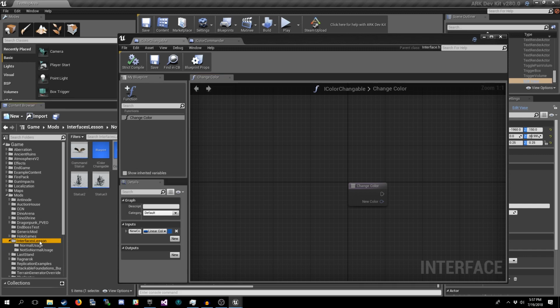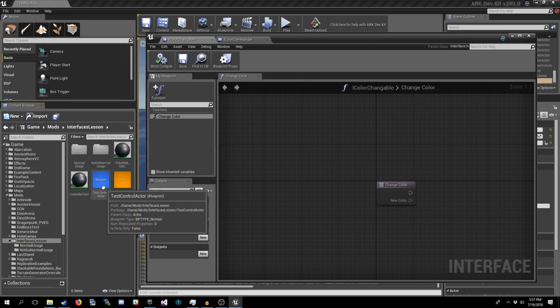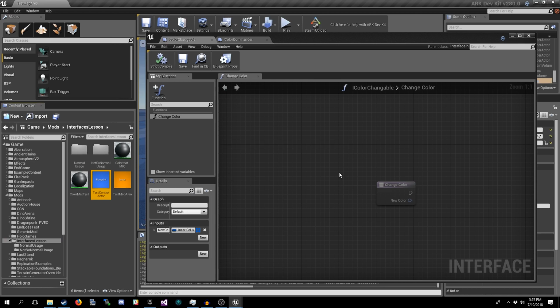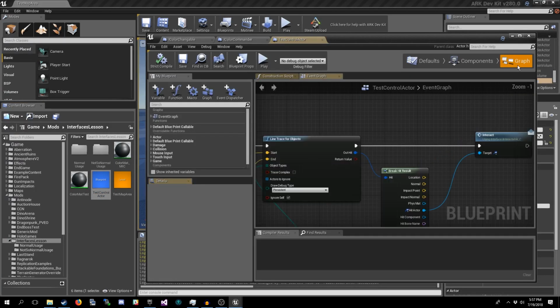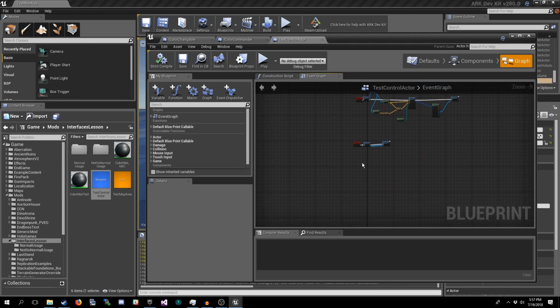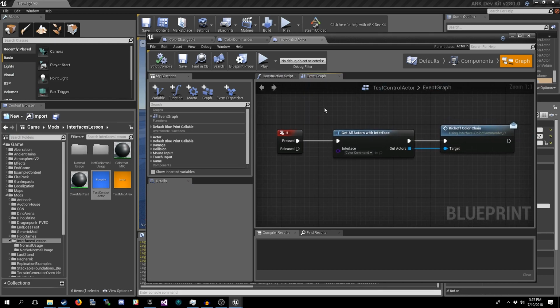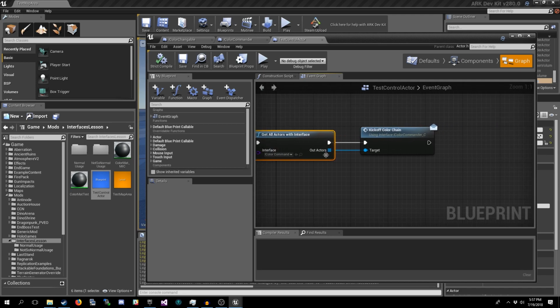So if we look, let's start from the beginning of the process again. Let's open up our test control actor. If we go to the graph, down here under H, here's what I do. I get all actors with interface. This is a node that you can use. And I tell it, give me all the actors with the iColor Commander interface.